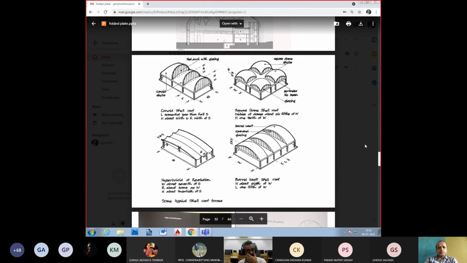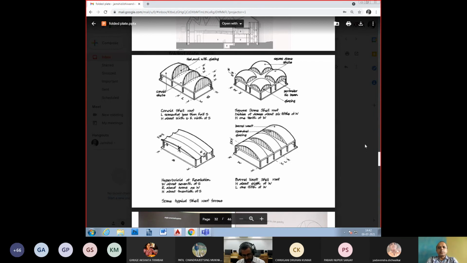Actually the load distribution which is happening. Like in brick, it's a homogeneous structure, but if we consider a shell structure, then the load distribution is a little different. Like what? Different. But when you say the brick is a homogeneous structure, you mean the RCC shell is not a homogeneous structure, or is it the other way around? Not like that, the other way. Okay. So I still didn't get what you're trying to say.